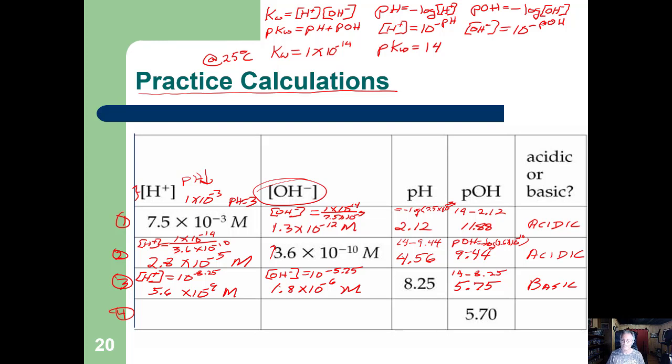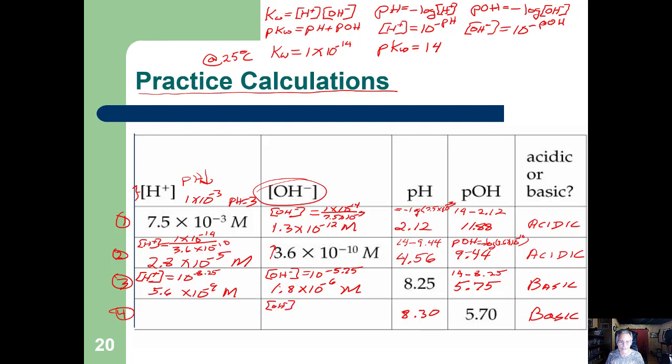Last but not least, well, we know that this solution is basic because the pOH is less than 7, which means the pH has to be greater than 7 because we're going to be subtracting this from 14 to get the pH. So we can go ahead and call this a basic solution right now. And 14 minus 5.7 gives me 8.30. So I know this is 8.30. And I can go ahead and, well, it looks like I'm stuck with getting the hydroxide ion concentration